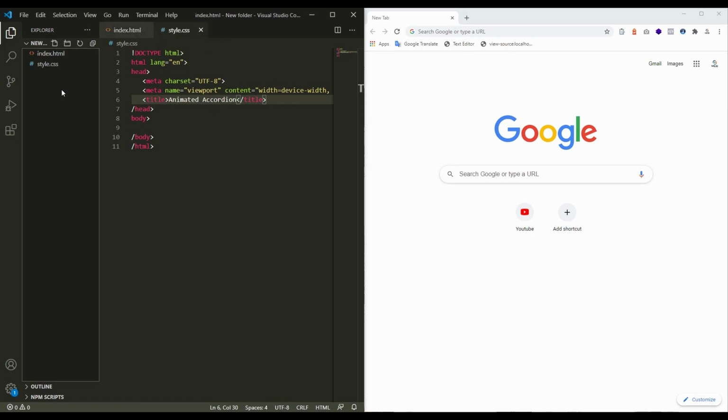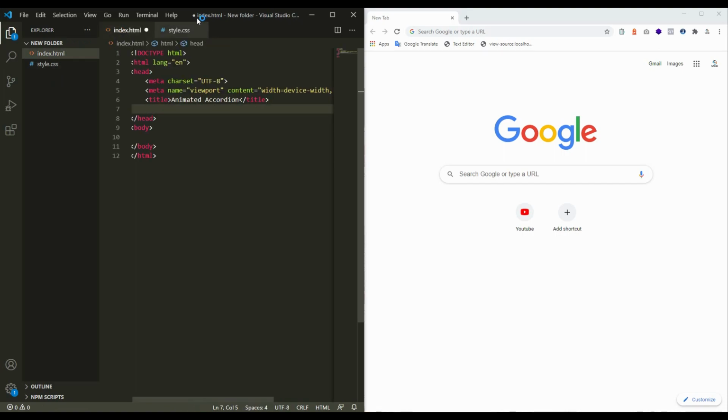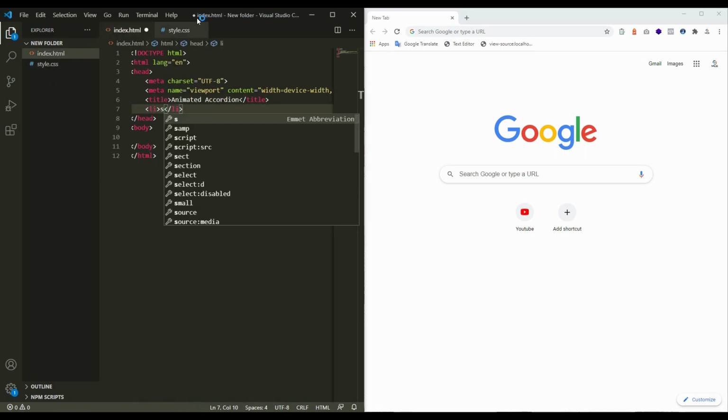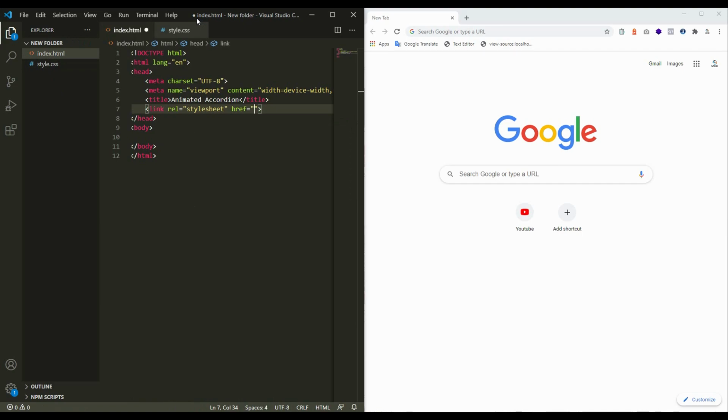Now create a CSS file, style.css, and connect it with our HTML file. Link style.css and